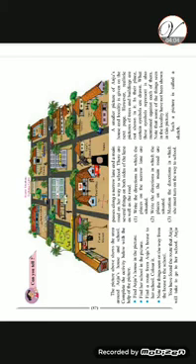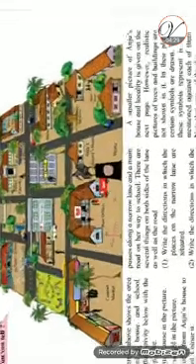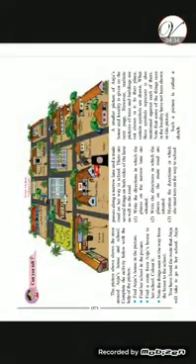Page number 87. See here, the picture above shows the area around Anju's house and school. Complete the activity below with the help of the picture. Find Anju's house in the picture. Where is Anju's house? See here, this is Anju's house. Find her school in the picture. We have to find Anju's school. See here.